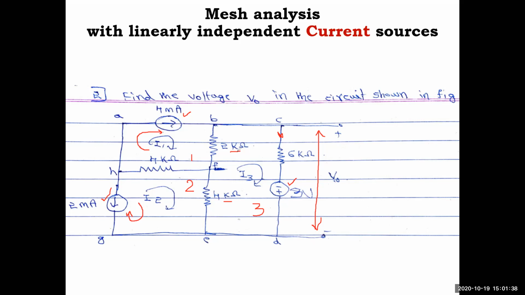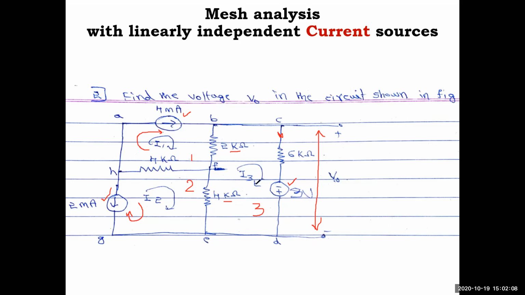Okay, so that's why this is one observation. Now with respect to the third mesh, we'll write the mesh equation. With respect to I1 and I3, Z31 you have 2 kilo ohm, so that's why minus 2 kilo I1. Then with respect to I2 you have 4k, so minus 4k I2, minus because of mutual. When it comes to self, it is 6 plus 4 is 10 plus 2, 12k I3, equal to